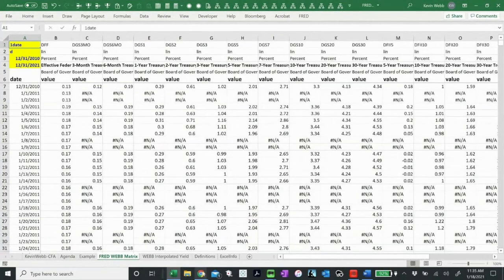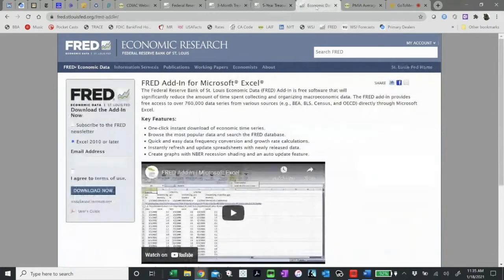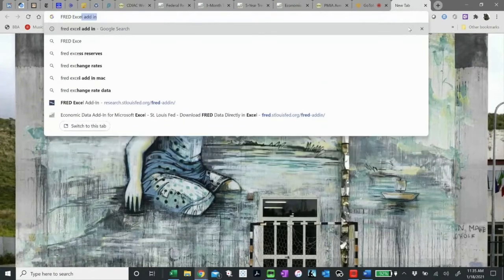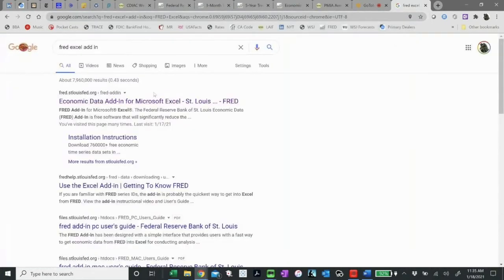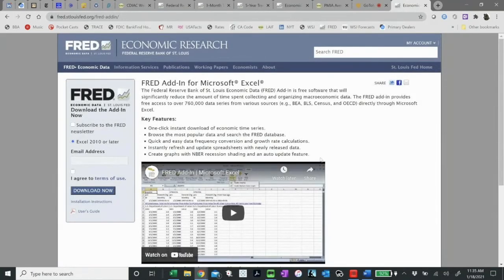So I'm going to go to the FRED website. Now, let's say you don't know how to find this. Well, one of the things you can do is you could just type FRED Excel add-in, and one of the first links that pops up will be economic data add-in in Microsoft Excel, and you'll be right here. So what you'll want to do is you'll want to, of course, agree to the terms, and I'm going to go through this step by step with you. Remember, don't worry about writing all this down right now. You can go back and